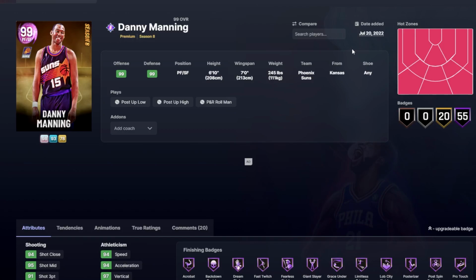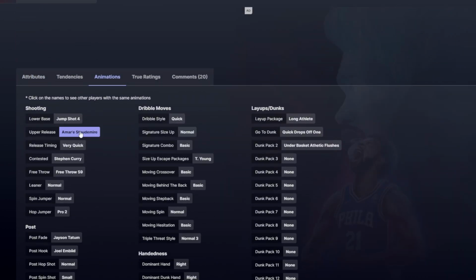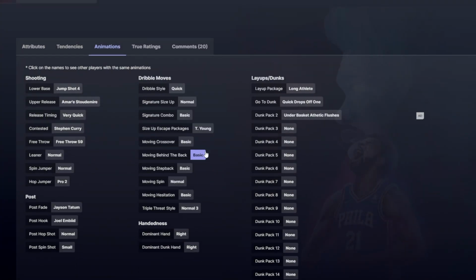Next, Danny Manning. Now, this card did drop on Wednesday, which is actually when I'm pre-recording these. 6'10", 7 foot, and he all around looks really good. Danny Manning obviously has jump shot 4 on very quick. He has the Amari upper, which I actually kind of like. It's a quick dribble style. Sadly, has the basic behind the back, but has the Trey escape, long athlete, very basic dunking,